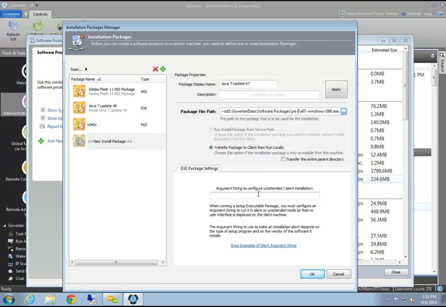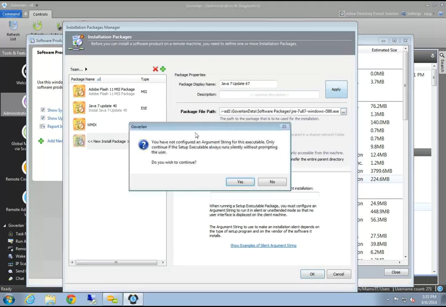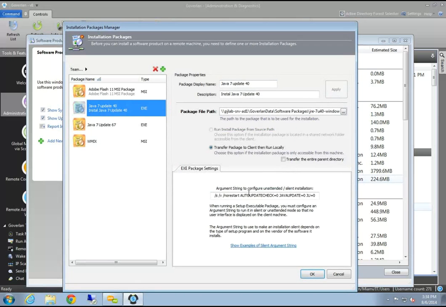And in this case, we have to supply the silent installation argument string. This is important because each manufacturer of software can sometimes do it differently. Java happens to be quite known, so I'm just going to hit apply here really quick because we have it here. I'm going to copy that, jump over here,